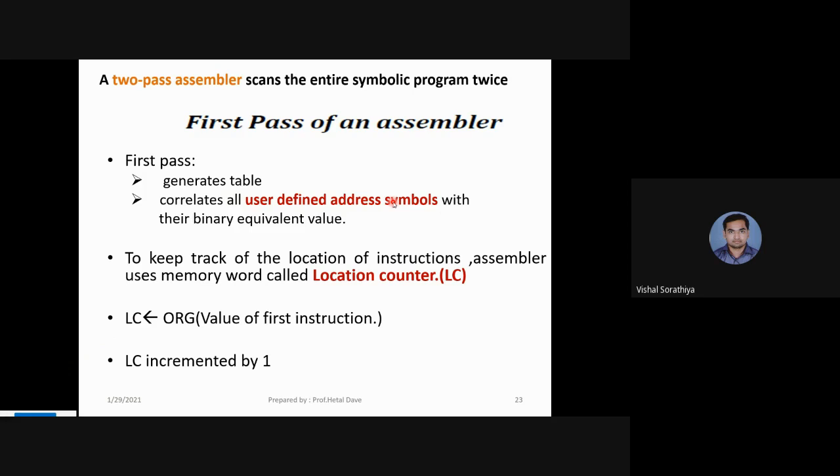Where a particular location is, and what is the equivalent binary value of that instruction. So this is what is going to happen. In our program, as we have just given the program of XOR or the program of subtraction, first the location counter starts from the ORG, like ORG 100 if you have written. So first your location counter goes to ORG, then it identifies the value of the first instruction,